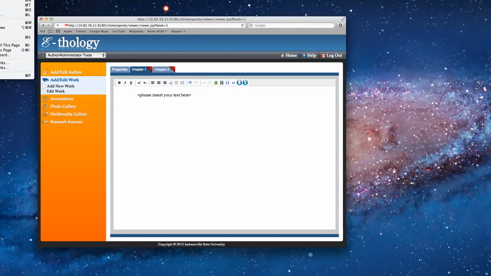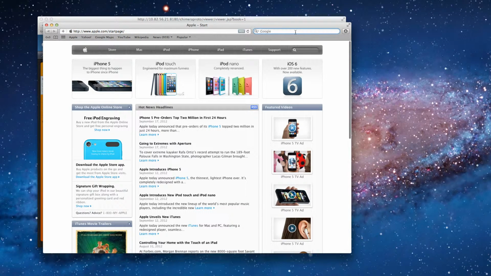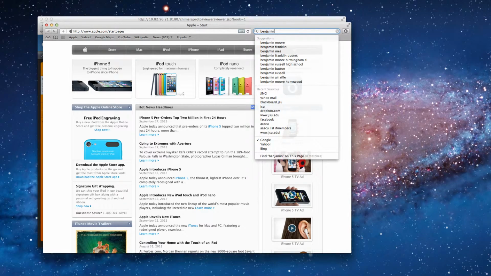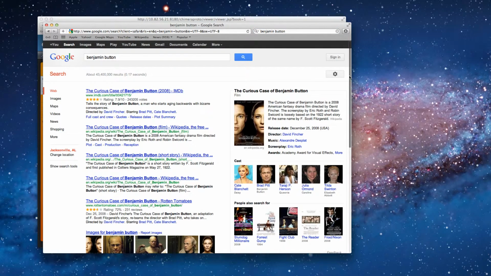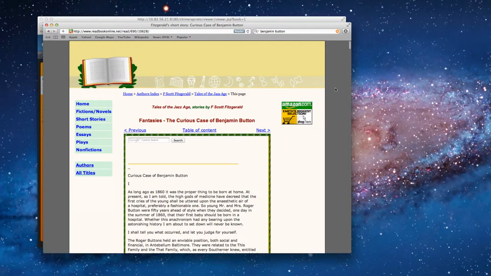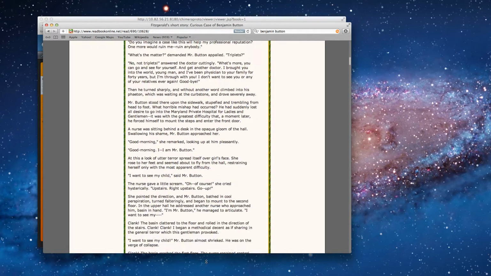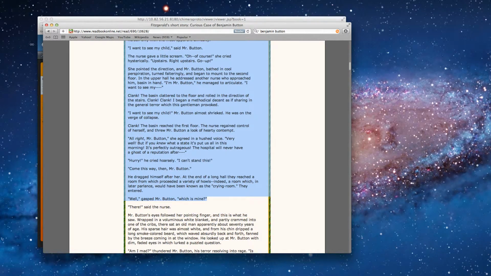Open up a new window, and let's get something from the internet. Something nice and long. I'm going to find The Curious Case of Benjamin Button. I'll copy in the first chapter of that. Here we are. Okay, and this would work the same if you have the text of the work that you want to add in a word processor, for example, in Microsoft Word. You would select the text from here. You would just do a straight copy and paste. You would copy everything,